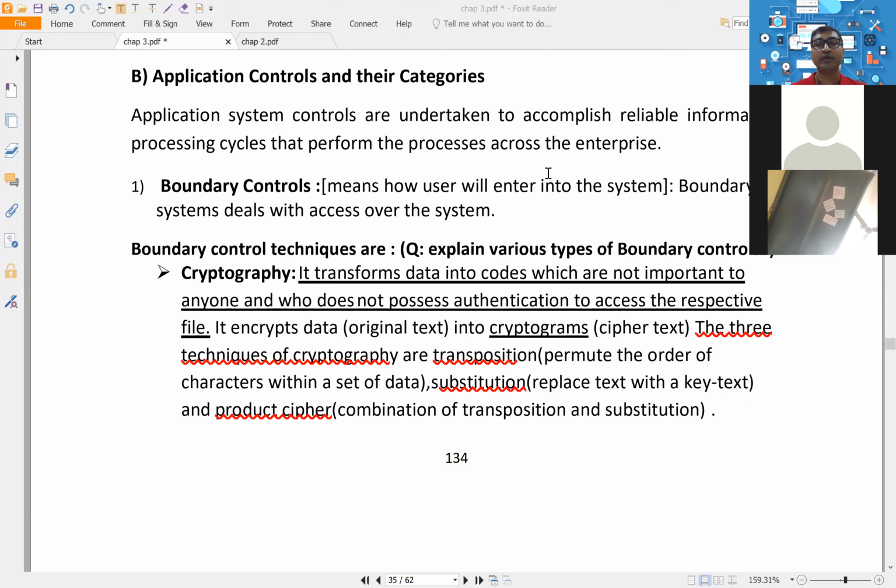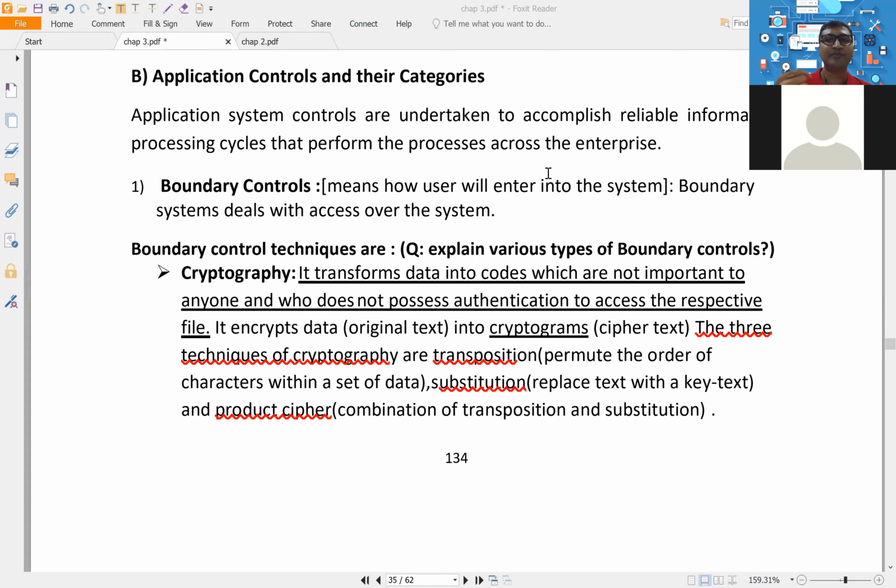So first thing, only authorized people can access. That is what boundary controls we keep. Now authorized people, obviously system cannot work on their own. It works all based on input. So correct input should be given to the system, because wrong input will have a cascading effect. Wrong input, wrong communication, wrong processing, wrong updates into database, and wrong update into database, wrong output. So it is always important to implement good controls at input level.